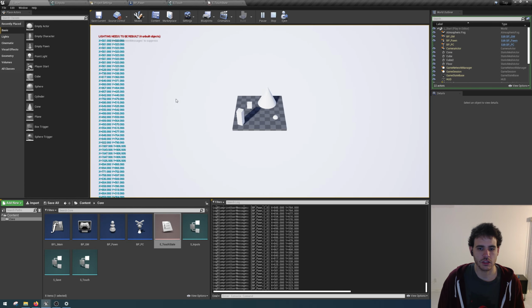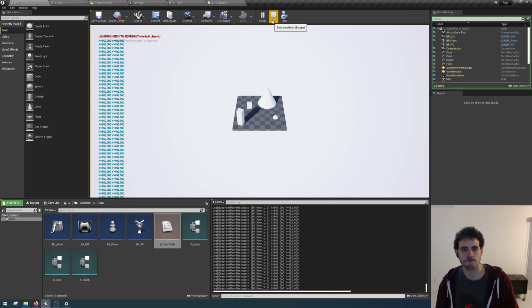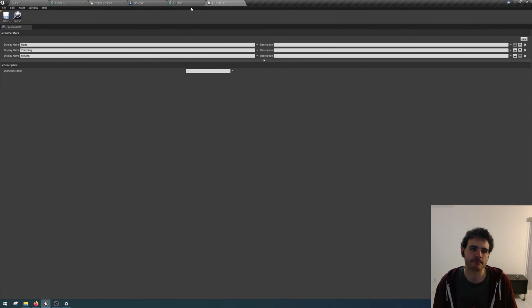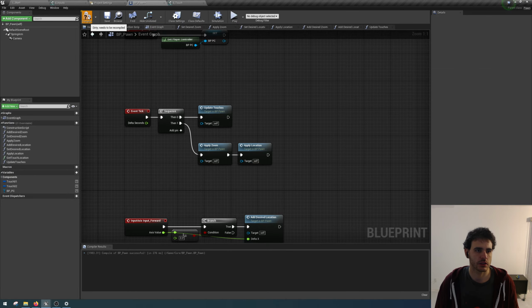The value changes if I move while I'm touching. If I'm not touching, it doesn't change, which is good. So now we have to edit